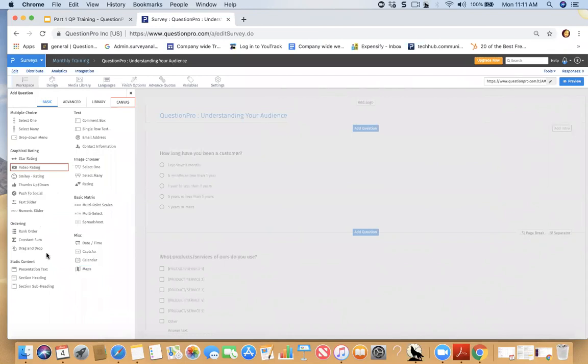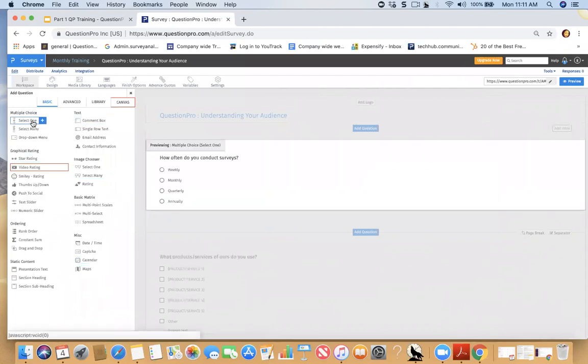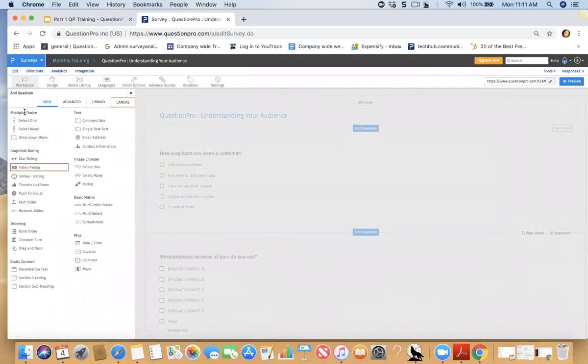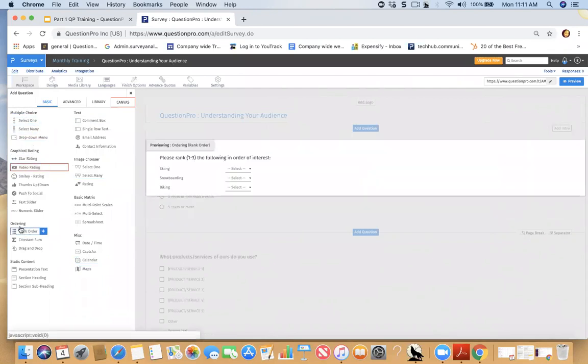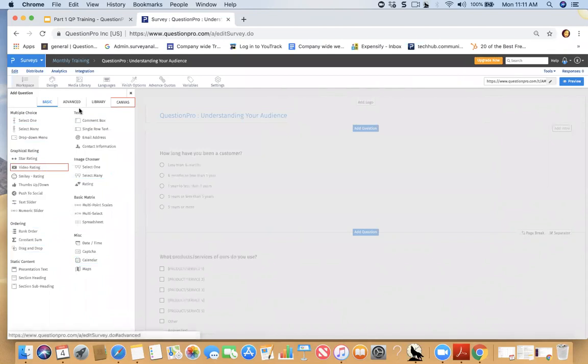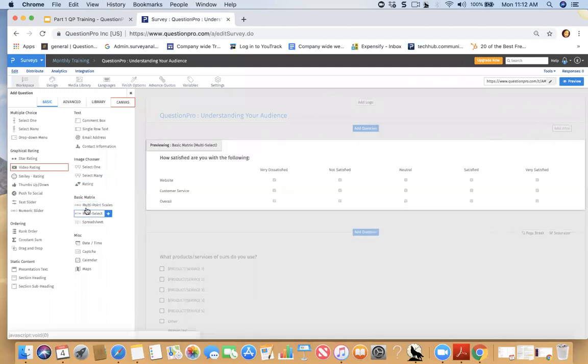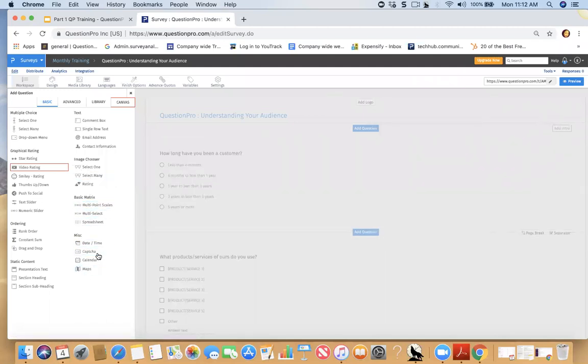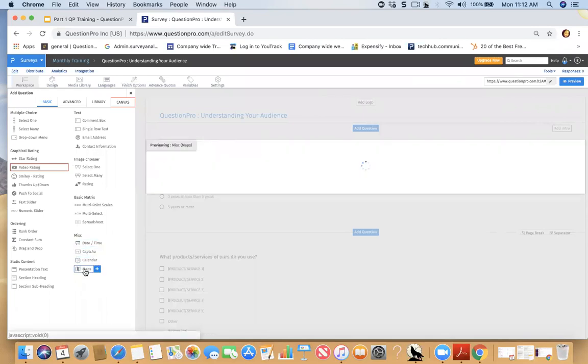With the professional license, you'll have access to the basic questions, and you'll be able to preview them by just scrolling over all the different options. So we do offer multiple choice, graphical rating, ordering, and some static content, so if you need to add presentation text and some formatting, that's a great thing to do. Text questions, image options, basic matrix questions, and some miscellaneous things that most surveys have, like date, time, CAPTCHA, maps,